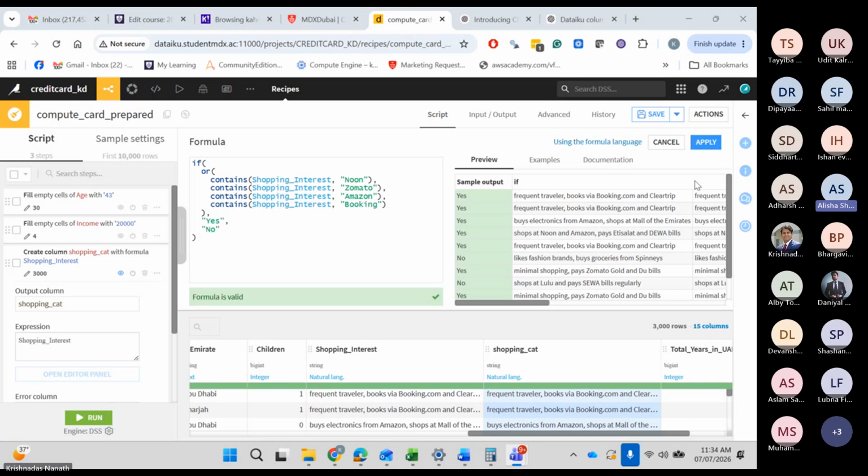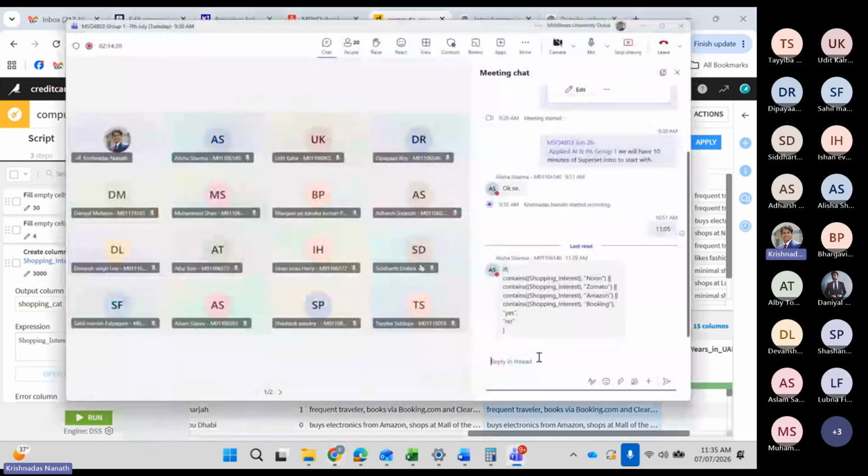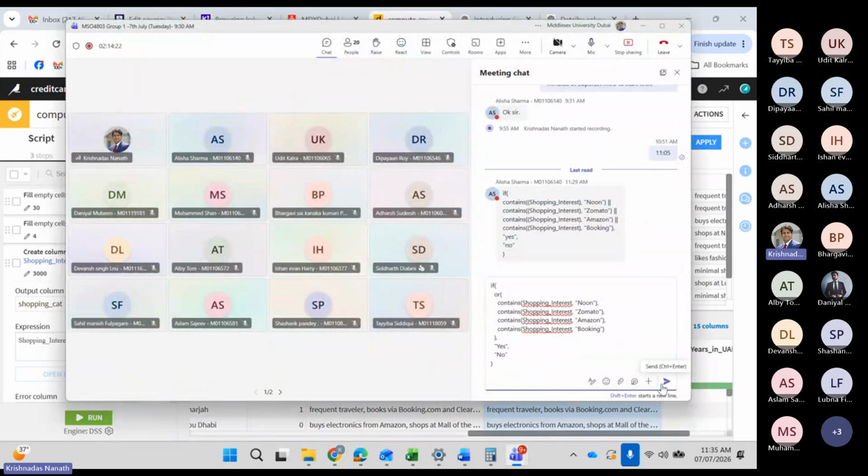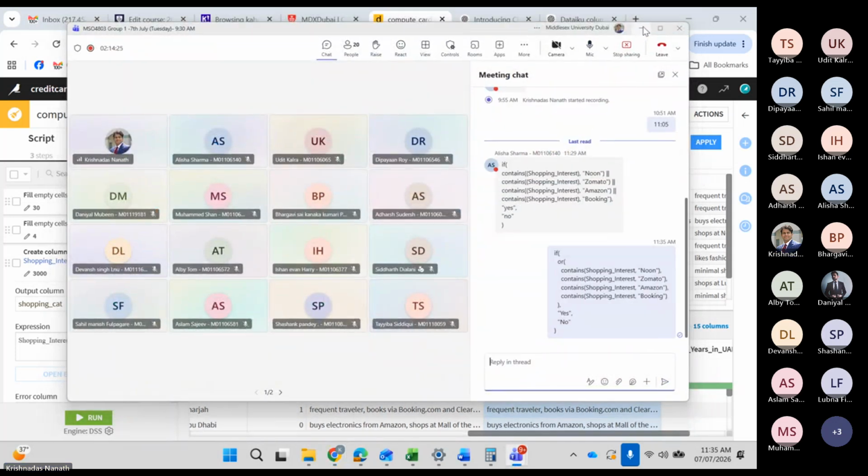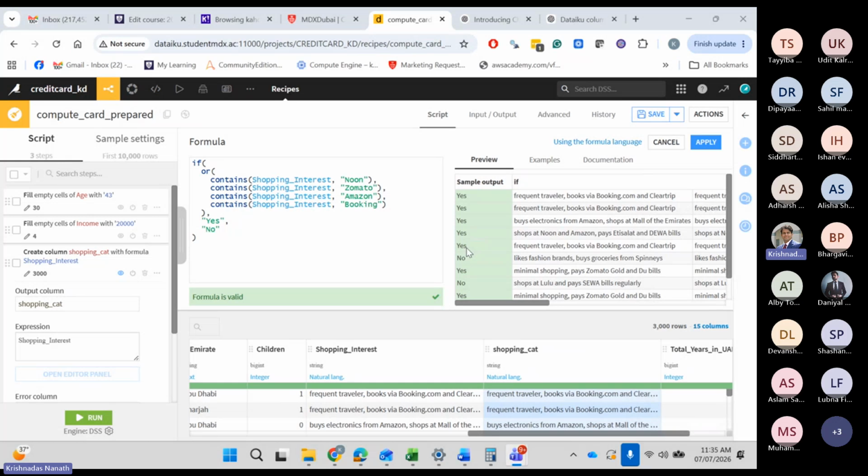And one more thing. Like here, we just figured out by overlooking that noon is in capital N, but if the data is huge and noon is in small, there is a formula which converts everything into lowercase or converts everything into uppercase, and then you could use a contains. So you will have to use one more formula in that case. Correct. And for those who are online, I can put my formula also in the chat. You could use any one of these, all are the same. And those who are here, let me know if the formula doesn't work.